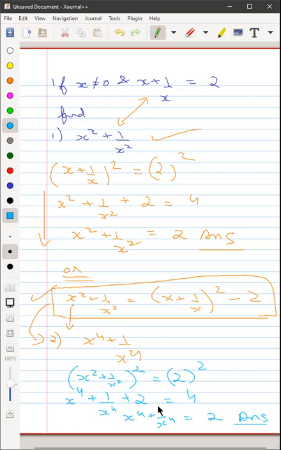Okay. So again, same method what we did earlier. Instead of using x plus 1 upon x, so now you're going to use x squared plus 1 upon x squared. Or you could have directly used the formula. X4 plus 1 upon x4 will be equal to x squared plus 1 upon x squared, the whole thing squared minus 2. So either directly you can apply the formula, the identity rather, or solve it in this way.